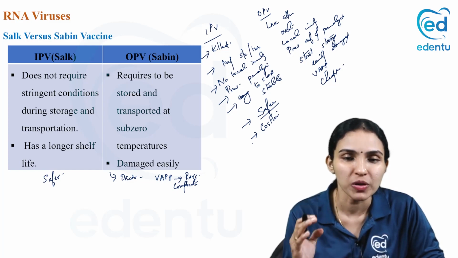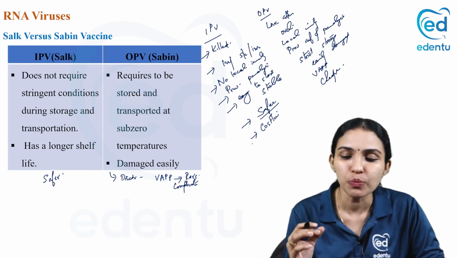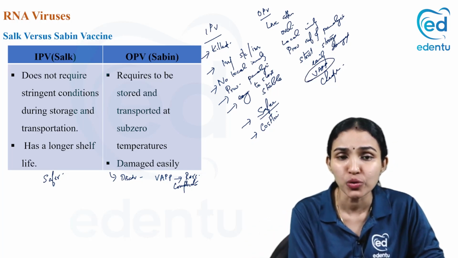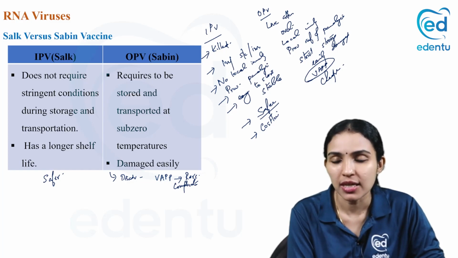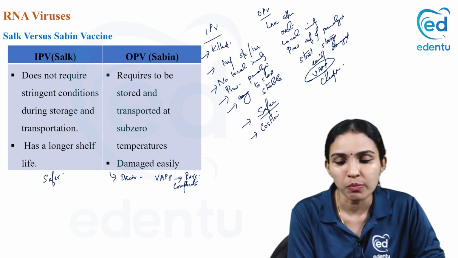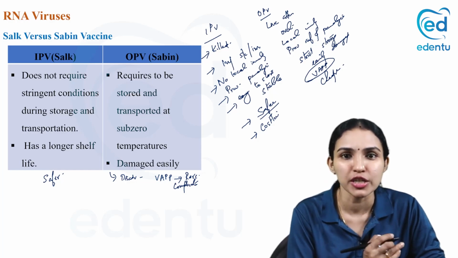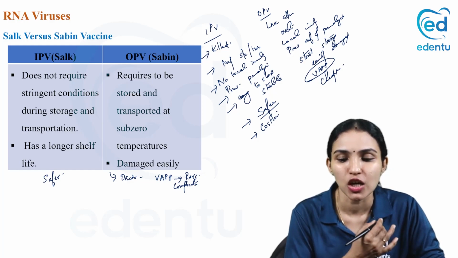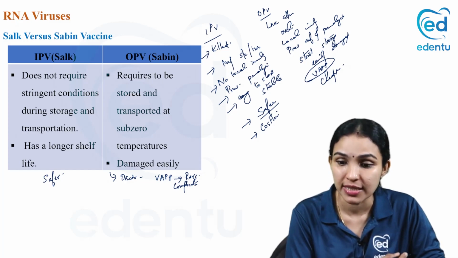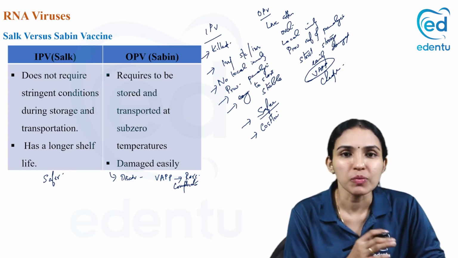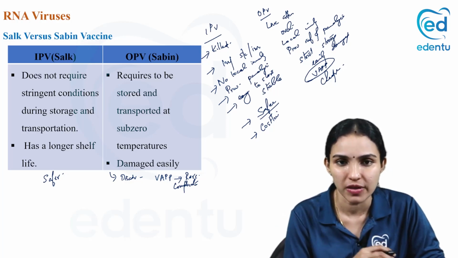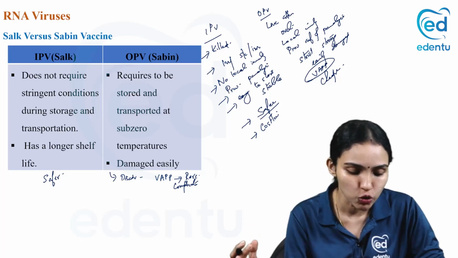So basically OPV is a better vaccine. The only problem with OPV is that it will induce vaccine associated paralytic polio in like 1 in 1 million or 10 million cases. Very rare, but still there is a risk. Comparatively, IPV is safer, but in all other aspects, it is inferior to OPV because there is no local immunity. You cannot give it for epidemics. It is costlier and it won't prevent infection. But storage wise, it's better to have IPV. It's easy to store because it's a killed vaccine. So these are the differences between IPV and OPV.